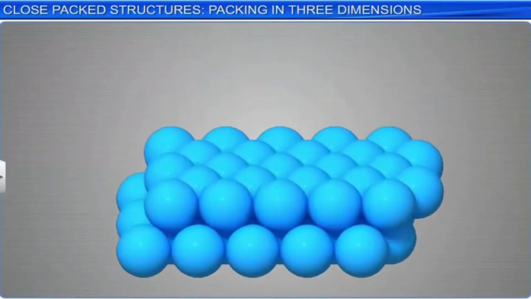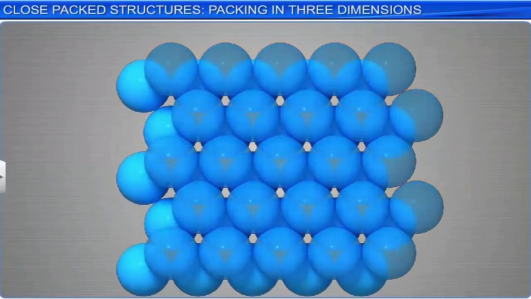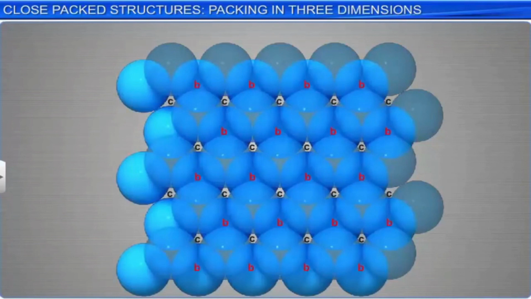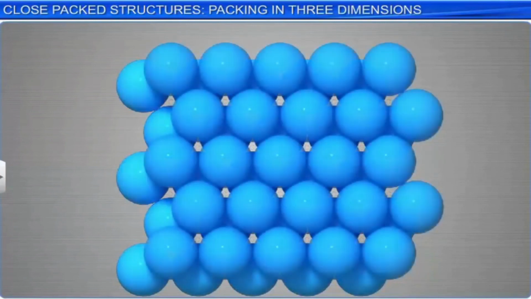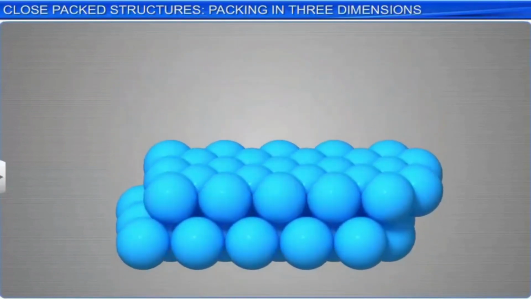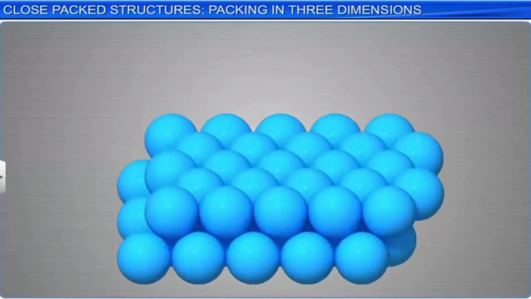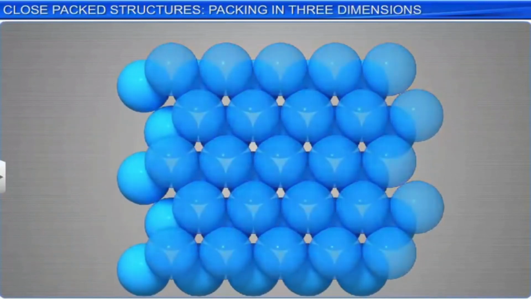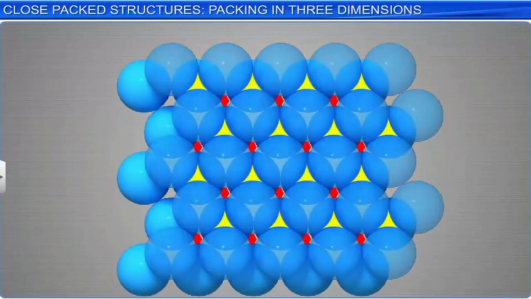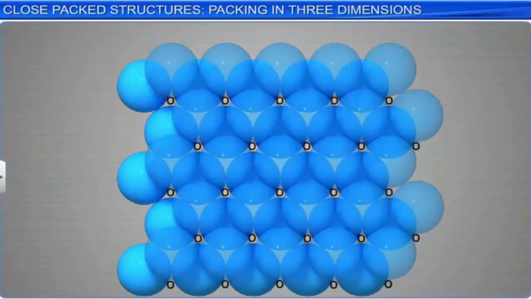It is important to note that when the spheres are placed on the voids of B type in the first layer, the C-type voids are left unoccupied as no sphere can be placed in them. As the spheres of the 2 layers are aligned differently, let the arrangement of spheres in the first layer be referred to as A-type and in the second layer as B-type. A closer look at the arrangement indicates the formation of two different kinds of voids, marked as O and T.